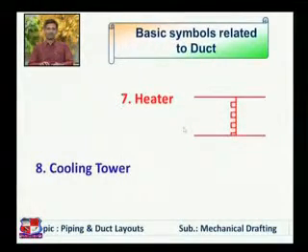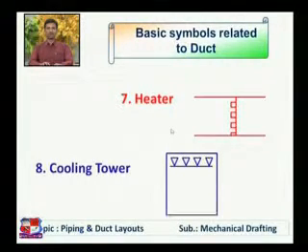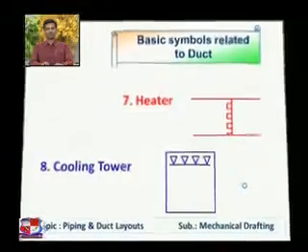Cooling tower. How to draw a cooling tower in a circuit? The symbol is drawn like this, a rectangle, and this triangular symbol represents the spray nozzles. These spray nozzles mean this is a cooling tower. So fluid flows from the upper direction to the lower direction. Cooling fluid is provided here, inlet is here, outlet is here, and the fluid which is cooled may enter from this direction and exit from the cooling tower here. So this is the symbol for a cooling tower.